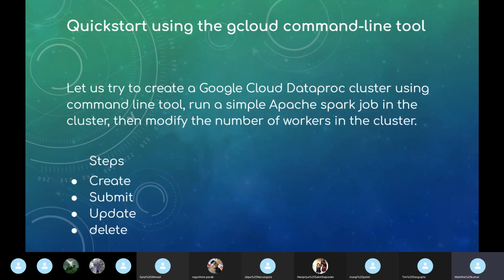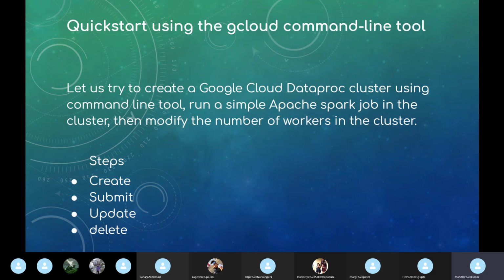So we can try a demonstration, but we should have the billing account set up before proceeding. So we will start using the command line tool and see how Dataproc performs, and we can get some idea of how we can use it.